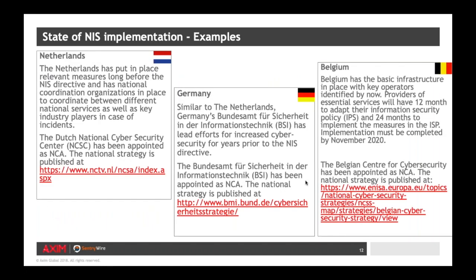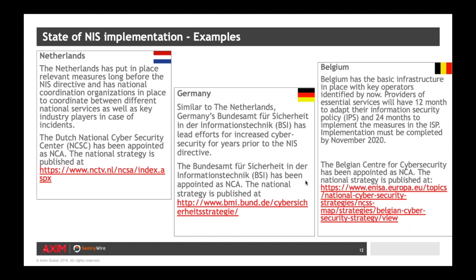So I've just picked 3 random examples that are a little bit closer to me and a little bit easier for me to talk about. Specifically, I picked the Netherlands, Germany, and Belgium as examples, just to give you an idea as to where these are. So starting with the Netherlands, this is one of the countries that has had cybersecurity capabilities in place for